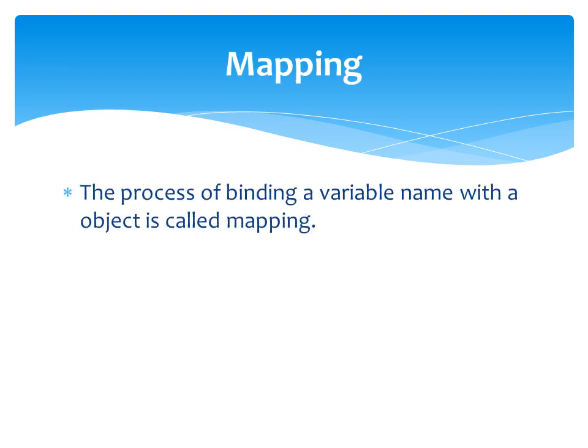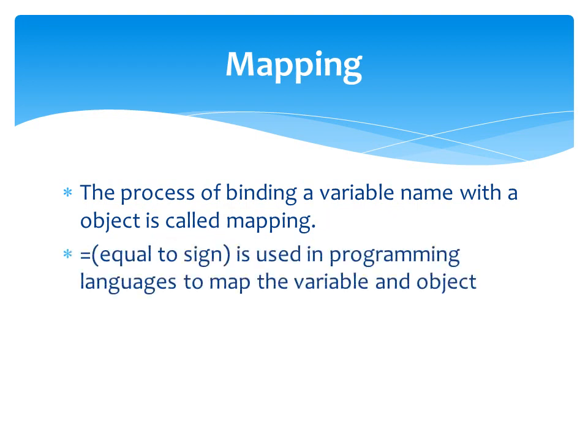Mapping. Let us see the definition for mapping. The process of binding a variable name with an object is called mapping. That is, you are going to map a variable name with the object. Here you have an example: a is a variable and 10 is an object. You map them using an operator called equal to. In C or C++, the value will be stored in the variable, but here we are just going to map the value. We are not going to store the value in a variable.